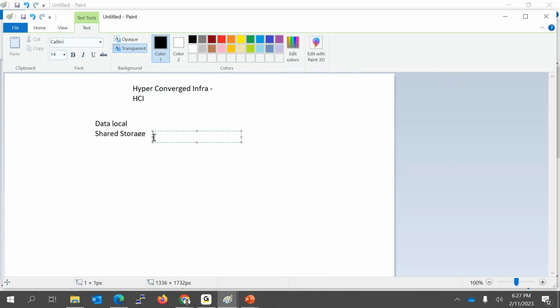Another side: before HCI came, setting up a private cloud environment involved high cost. From the capital expenditure and then the operational expenditure, it was a very big budget. But it simplifies your private cloud setup with Nutanix, or not only Nutanix, with any HCI vendor. It simplifies your private cloud deployment.